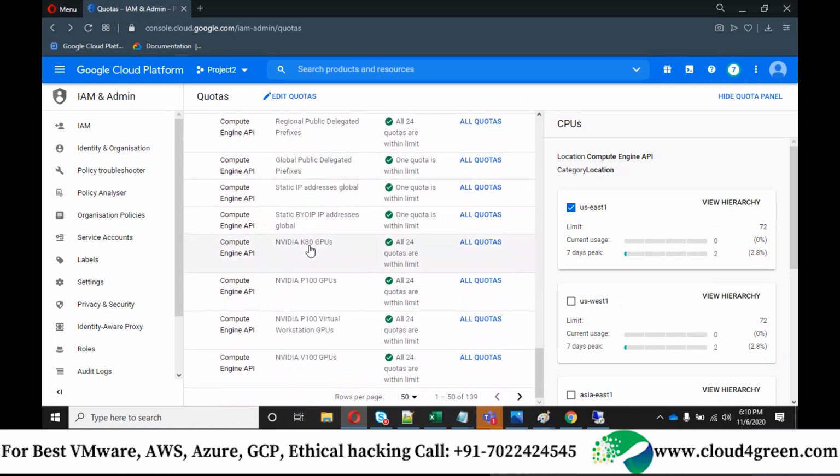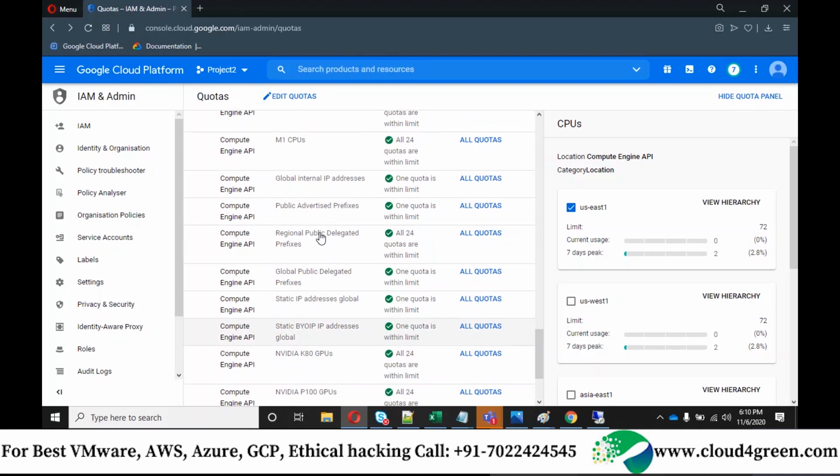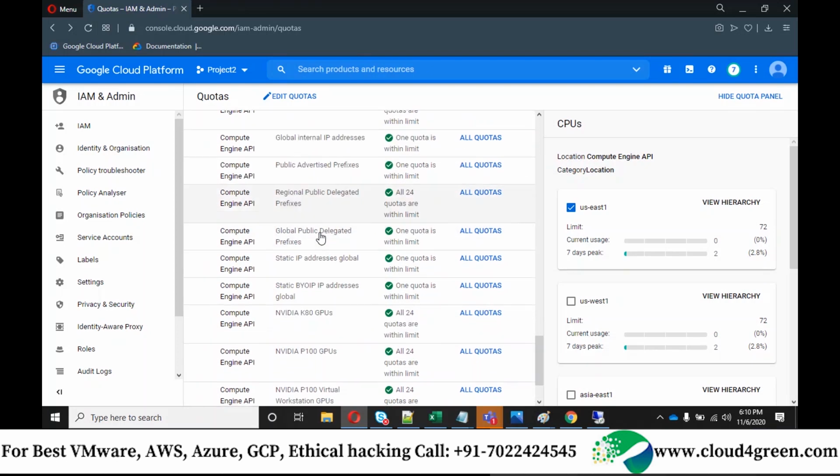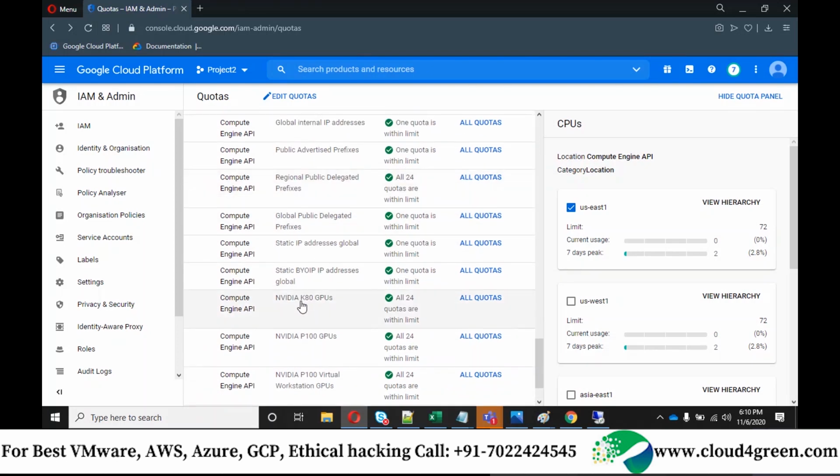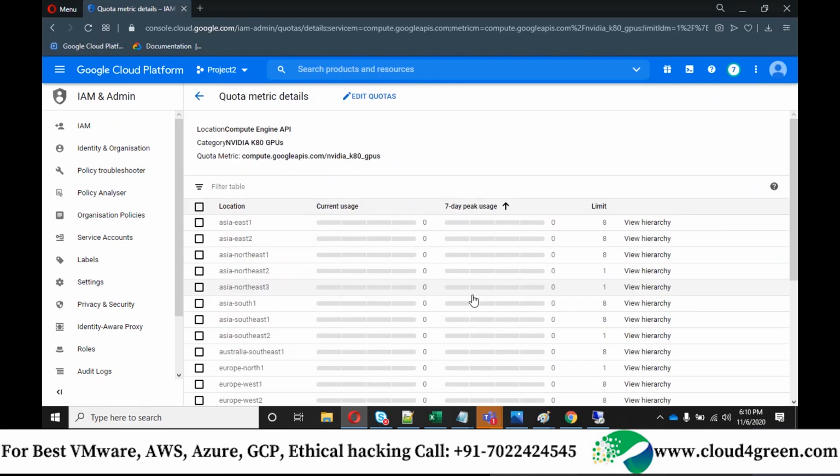GPUs are used for high-end performance. Can you see NVIDIA K80 GPUs, all of you? Here you can select what you want.